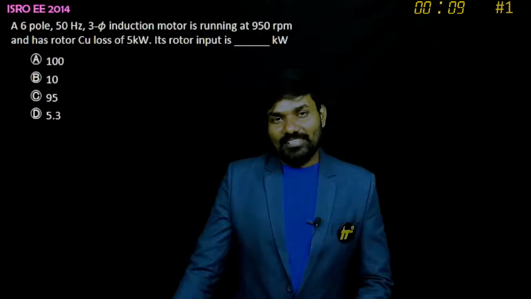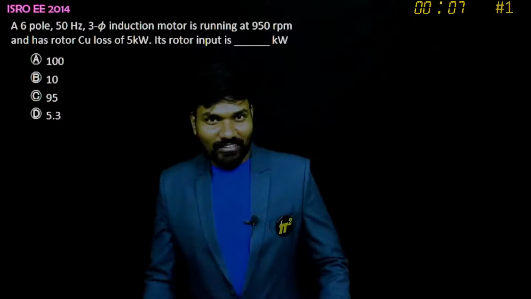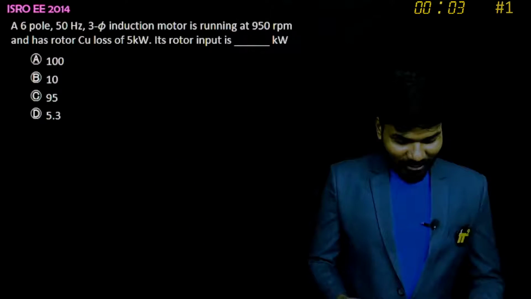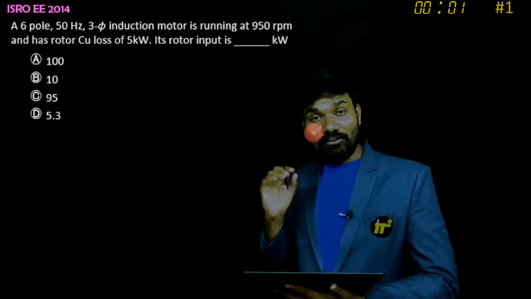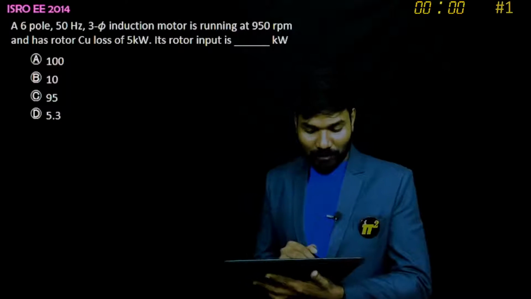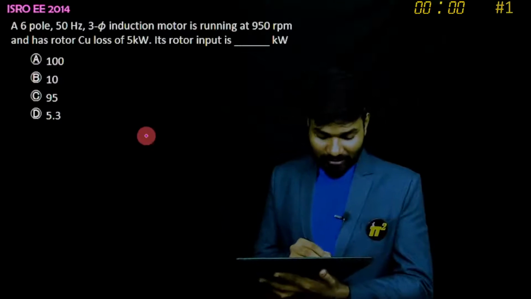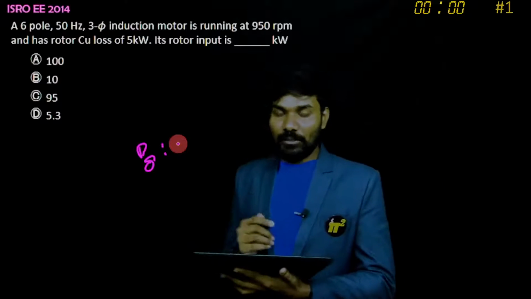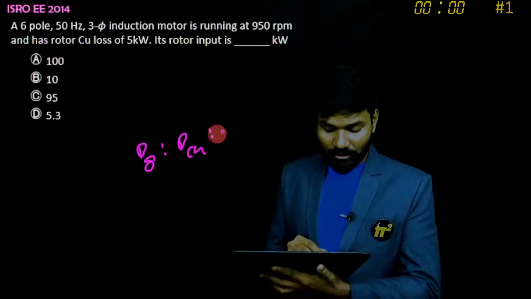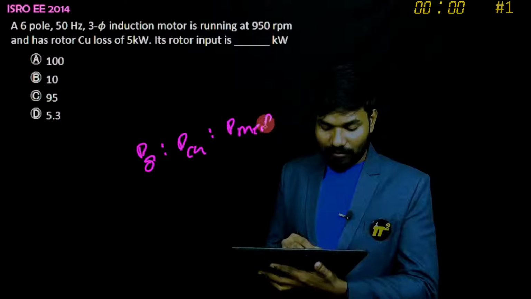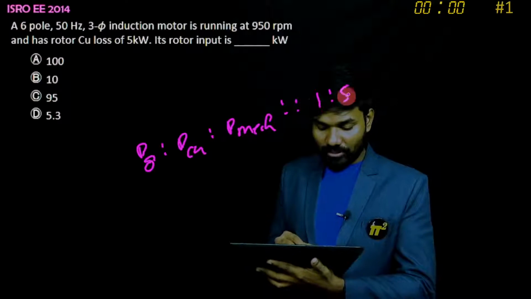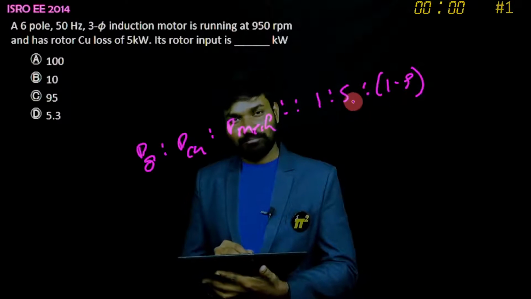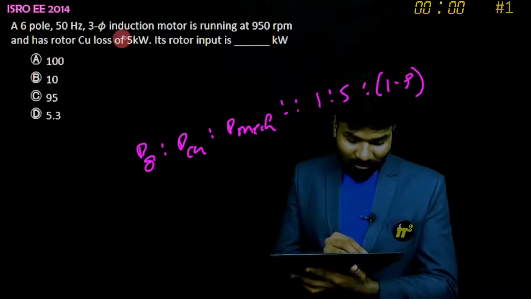So let's use a relation, as Sampath is saying. You can quickly use a relation and try to guess. I think you guessed it right. The powerful relation in case of an induction motor is PG, which is rotor power input, PCU, and mechanical power developed, in the ratio 1 : S : 1 minus S. This is the most powerful equation. So in this question: